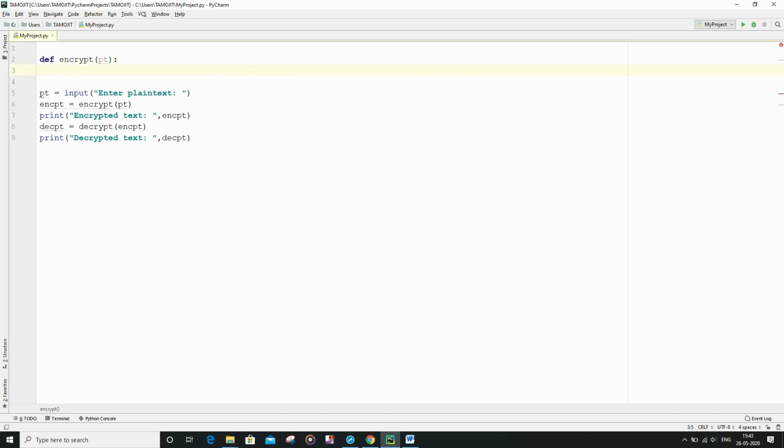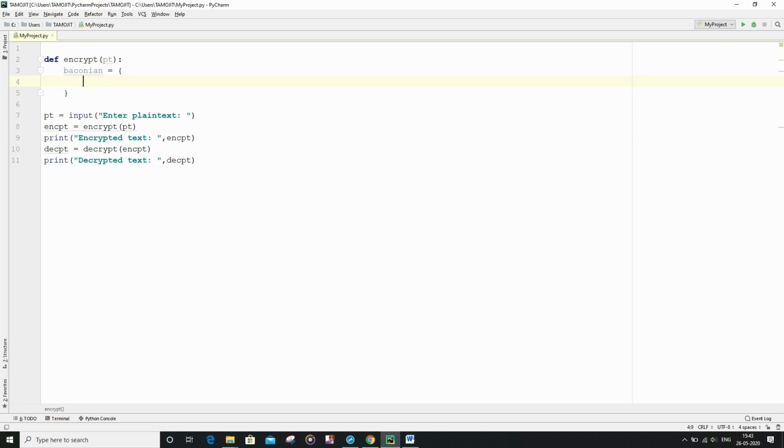Now I am going to declare a dictionary consisting of all the pairs of keys and values. Let me show you one example. I am going to declare a dictionary with the name Baconian.